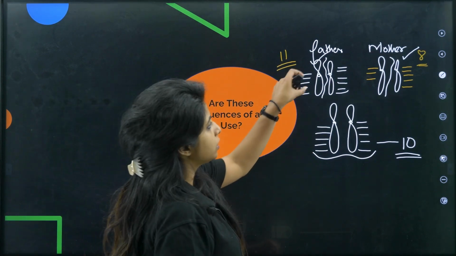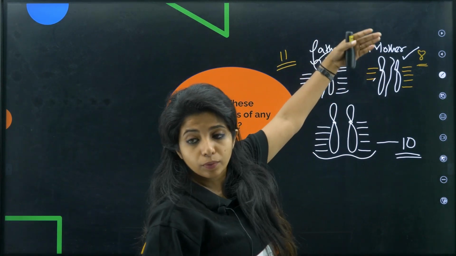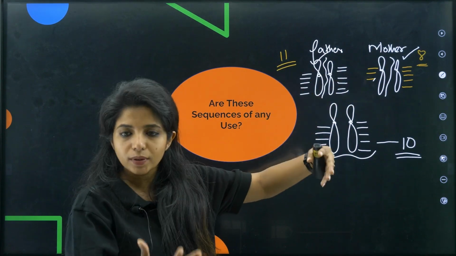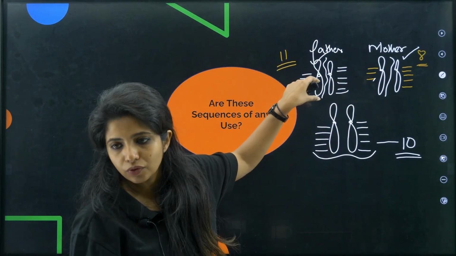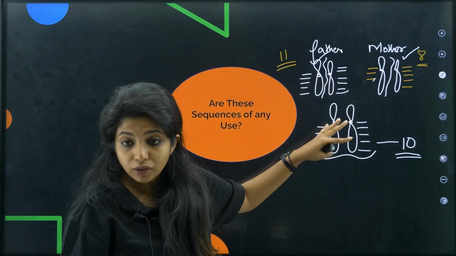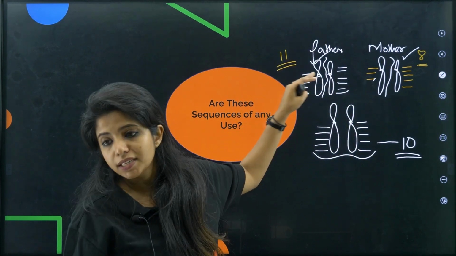Now if you suppose this and this will come, children will have other variable repeats that will be different from both of them. It won't be exactly the same. There will be other sequences that will be different. I am talking about just one sequence over here right now. So basically, at this point of time, with the help of this, I can identify my parents as well.